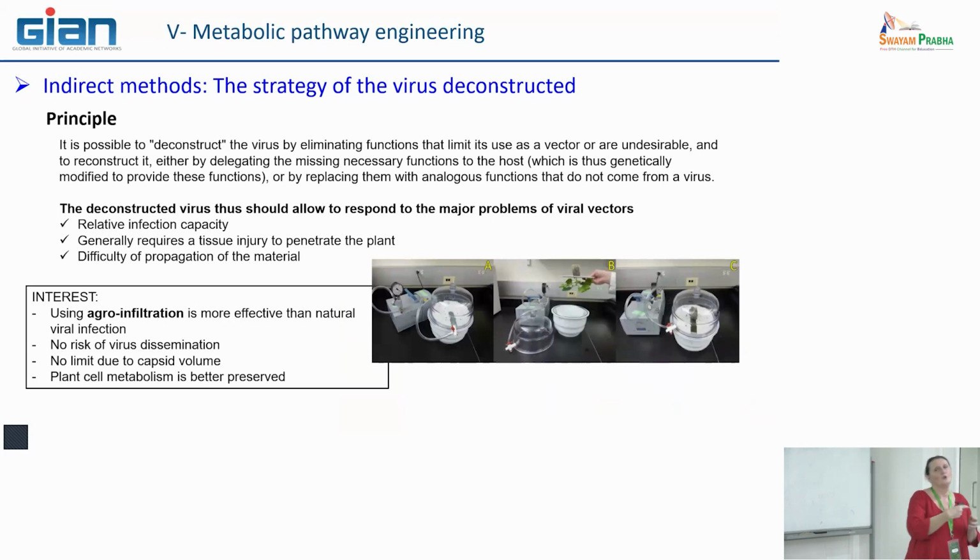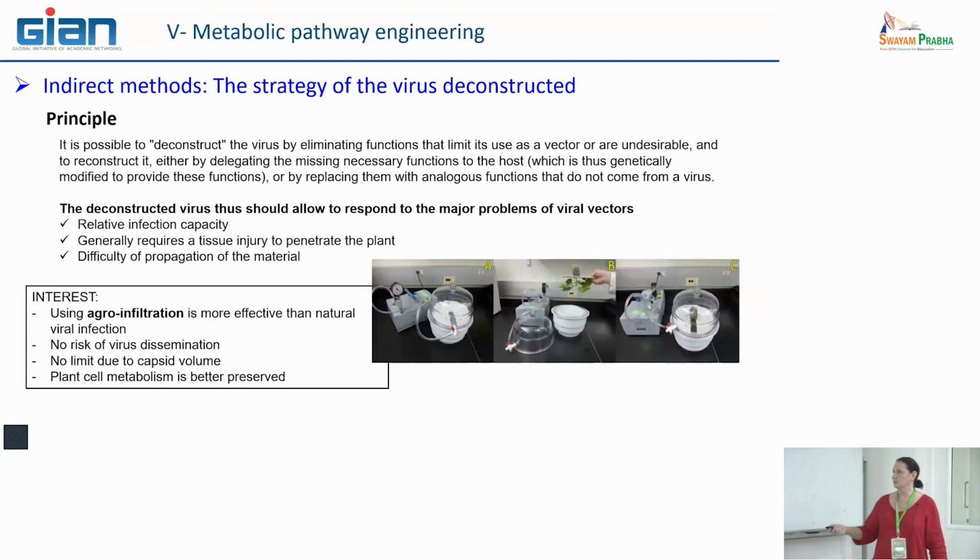Sometimes it is quite difficult to agro-infiltrate a large number of plants. So we use a sort of vacuum system. It's quite easy. You put your plant under, you see, in the box. You remove all the air. And if they are in contact with agrobacterium, what happens? The agrobacterium infiltrates all the stomata of the plant. In this way, you can infiltrate agrobacterium with the virus sequence in the plasmid in just a few minutes, and with lots of efficiency, whatever the organ of the plant.